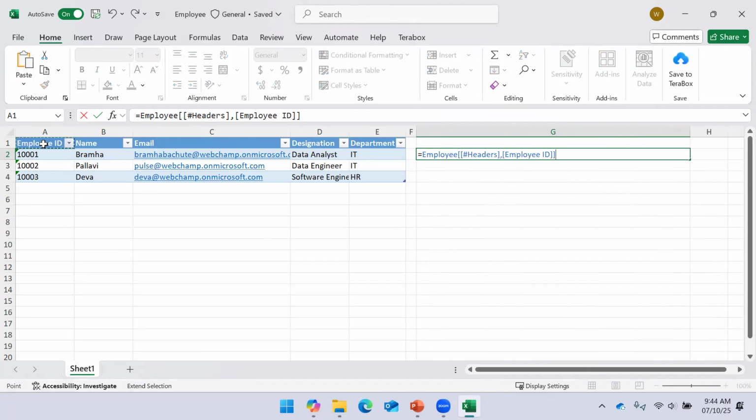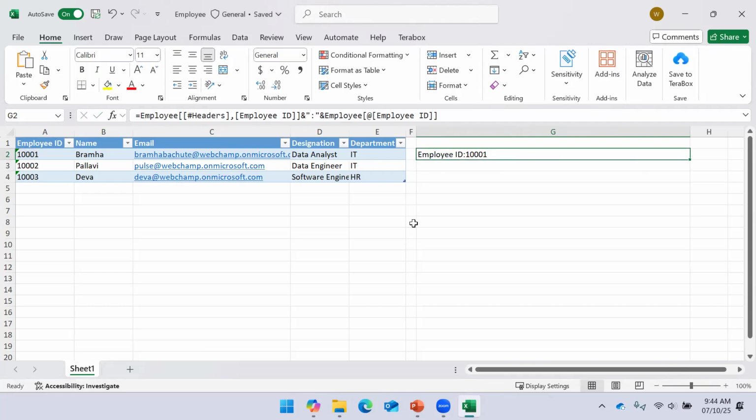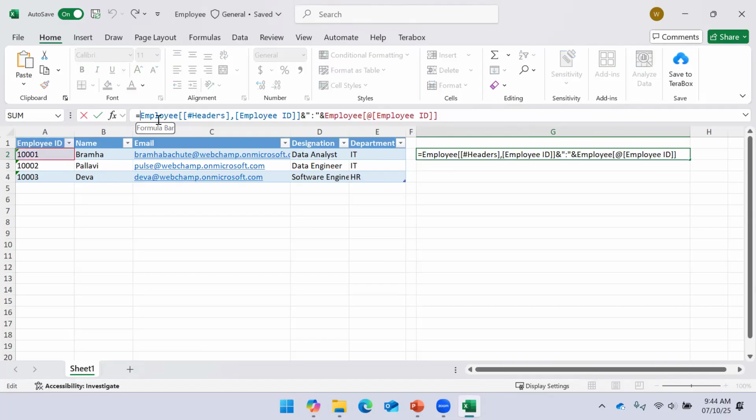Then this is the first key and value pair. If I enter, you can see this is coming in key as my employee ID and header as my value, right? So what I will do is put this inside a curly bracket,